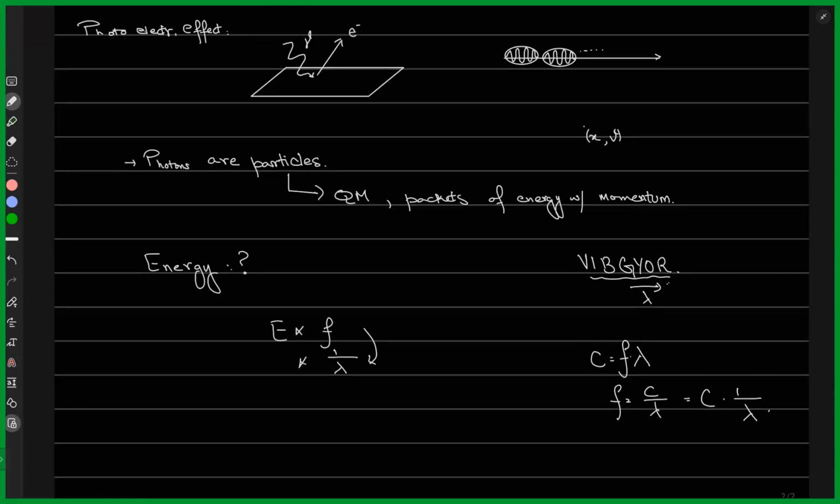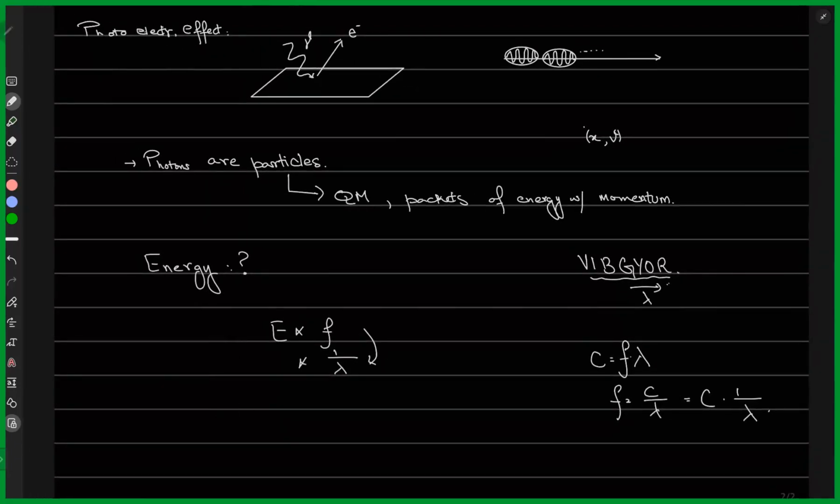How can you do that? Can anyone suggest? So far I said that the energy depends on the frequency or the wavelength of these photons. If I want to increase the energy of a beam that I'm throwing at the surface, what is one other way that I can do that? Okay, so I'll answer that.